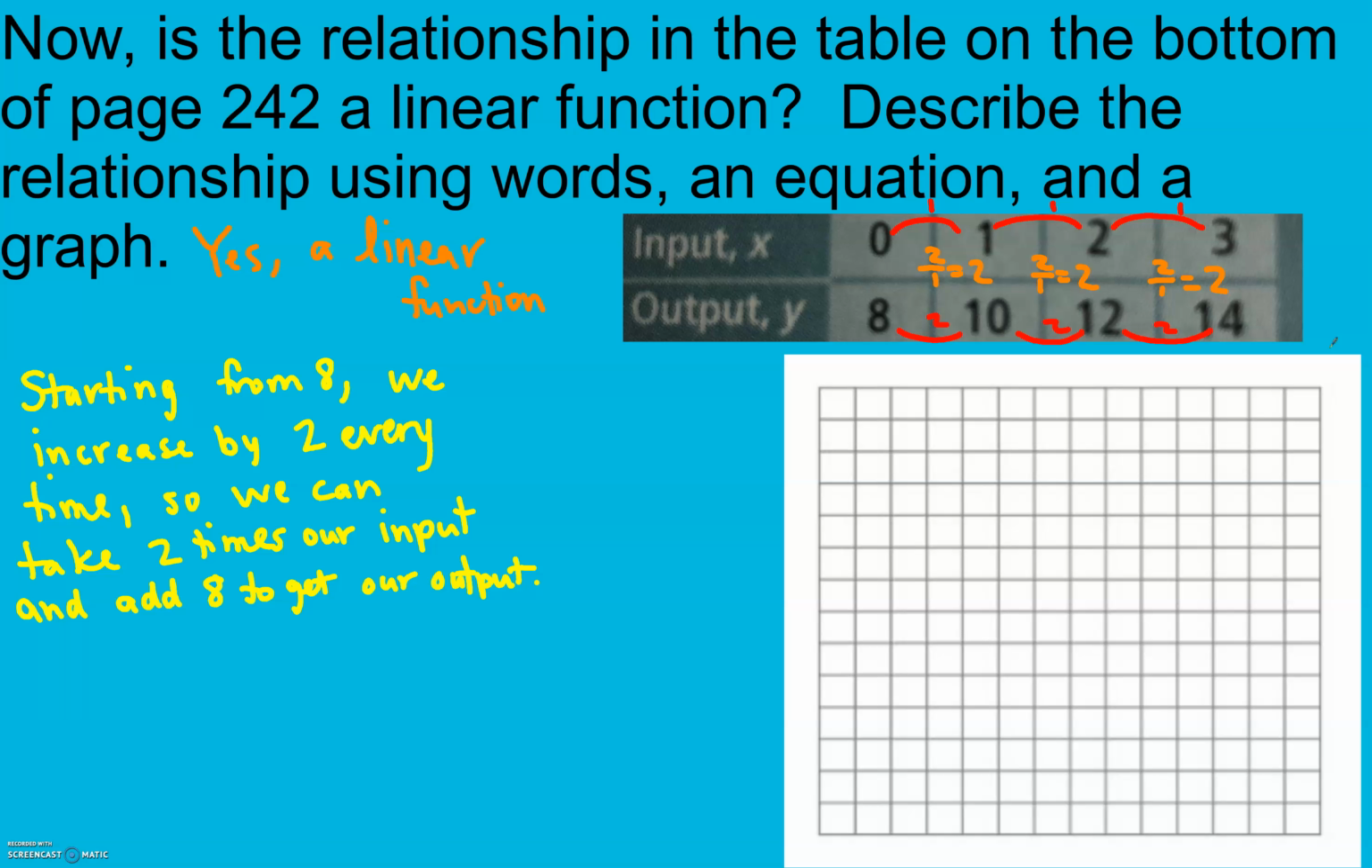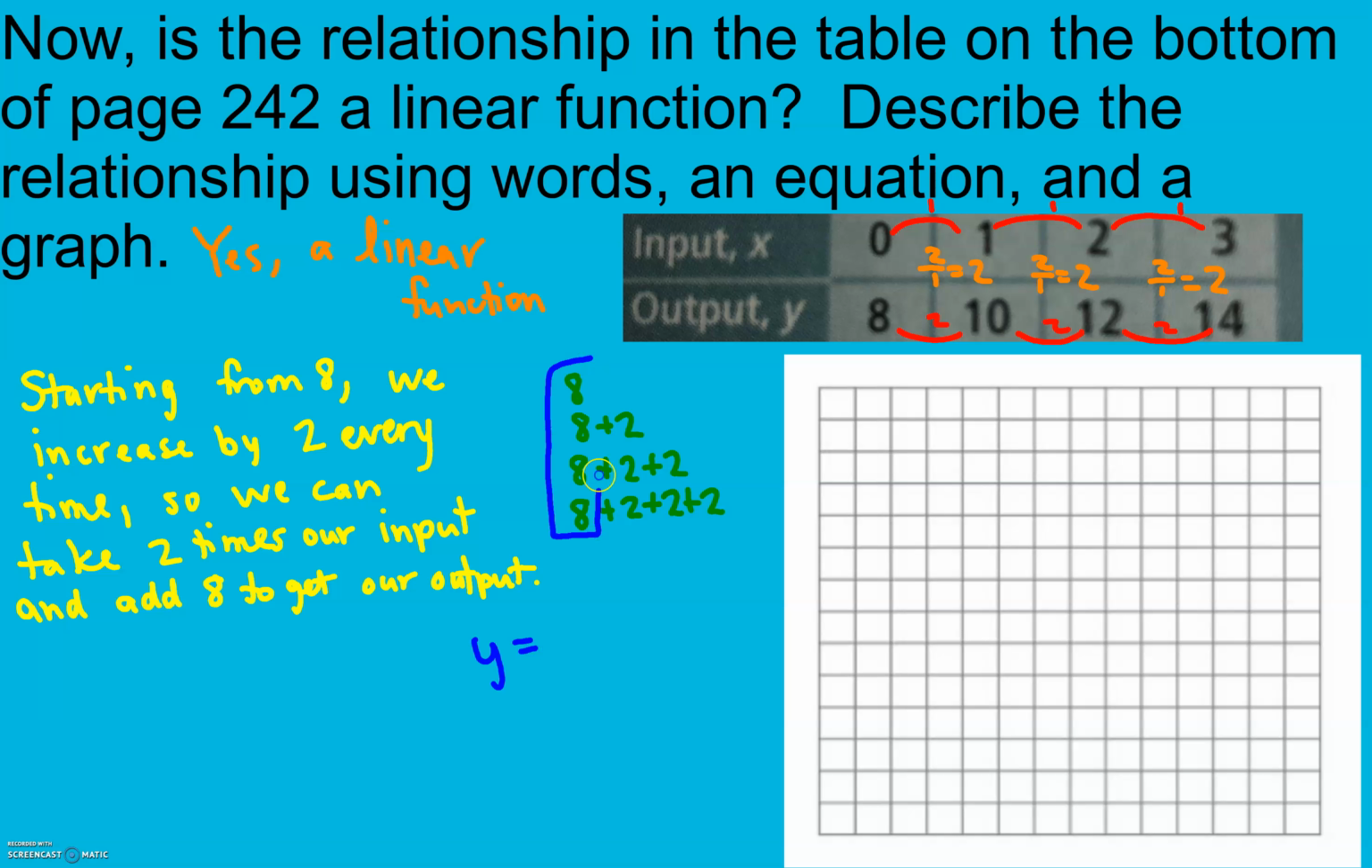So as far as an equation goes, here at 0 I have 8, and then I increased and I got up to 10. And then I had 2 increases from that 8 to get to my 12. To get to my 14, I increased to get to 10, and increased to get to 12, and increased to get to 14. So my output y